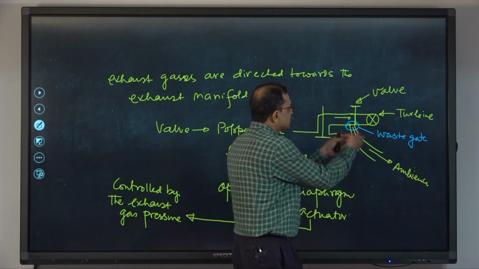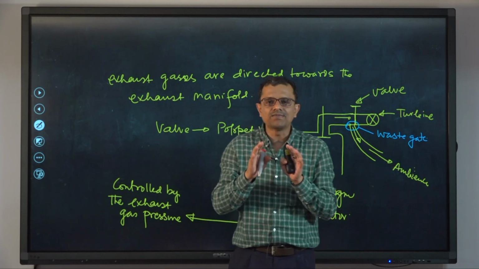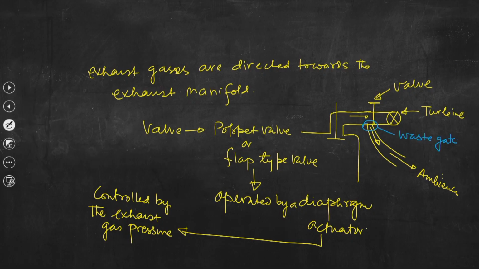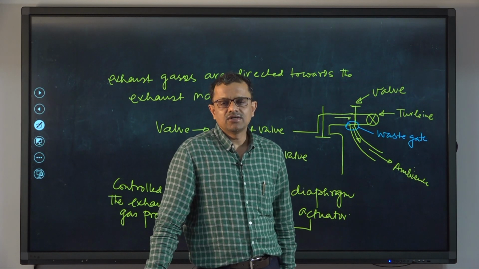We can have this arrangement so as to prevent the turbocharging unit, to the extent possible, from these two undesirable phenomena. Okay. So, with this, now let us solve one numerical problem on superchargers,